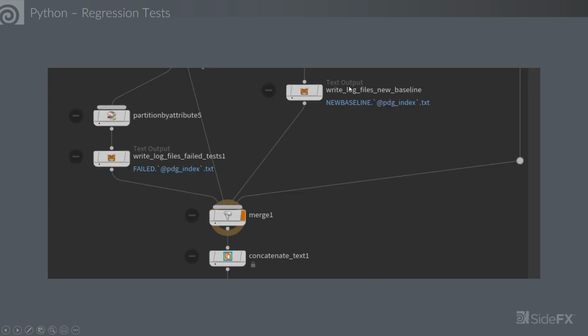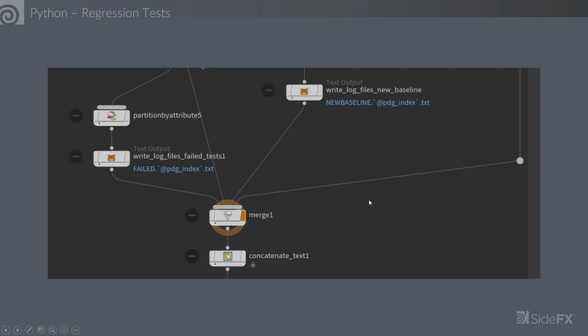And then the last thing in our network that we saw is generating a report file. This report file is just going to take all of those log files that we saw earlier and concatenate them into a single text file so that we can email that to ourselves and let us know if something is broken. So with the Labs workflow, are we running this network every single time by hand whenever we